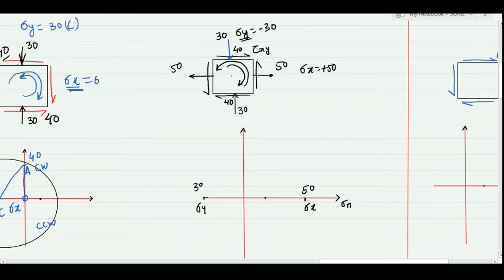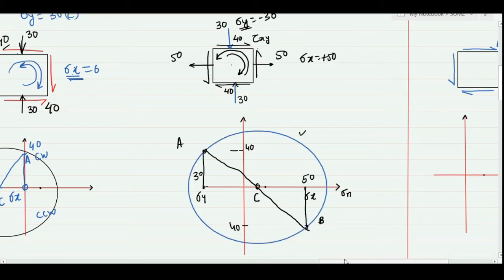My shear is clockwise, so I am going to make a vertical line here, and that will be for value 40. Similarly here I will have a downward line, also corresponding to 40 value, and these 2 points will actually be on the circle, or I can say that this line AB will be the diameter of my Mohr circle. And keeping this center C, I will create a circle.